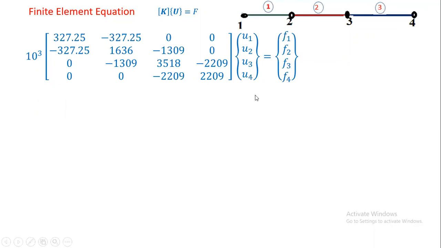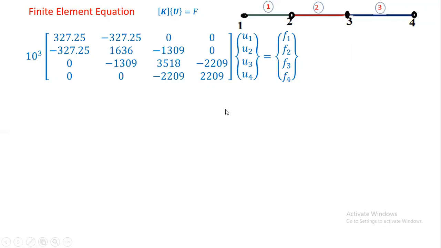Okay, after writing the finite element equation, write the boundary conditions. What are the boundary conditions? If you go back to the problem, in the problem your first node is fixed, that is the first end is fixed and the last end is fixed. That means node number 1 has 0 displacement, node number 4 has 0 displacement. If it is fixed, there is a support reaction, and if this fourth node is fixed, it also has a support reaction, and forces are applied at node number 2 and 3.